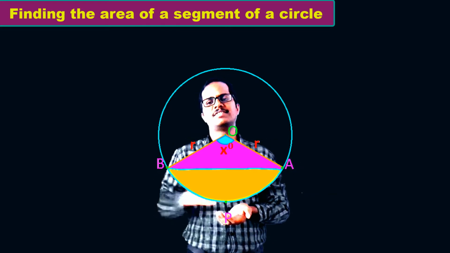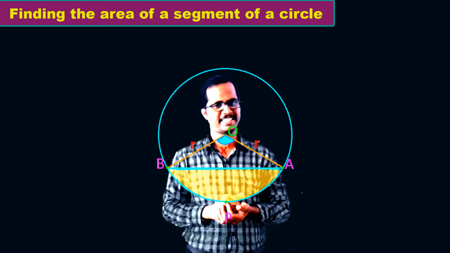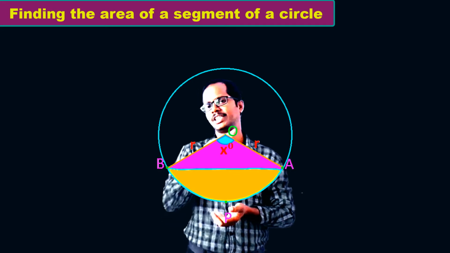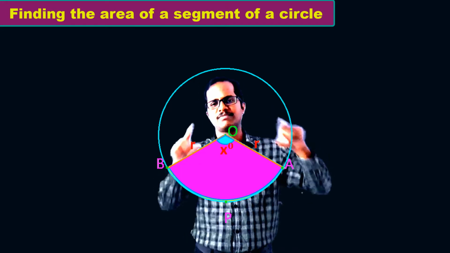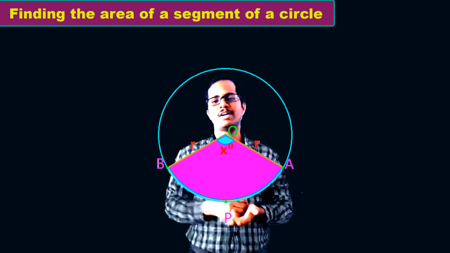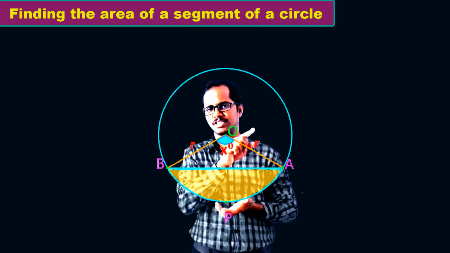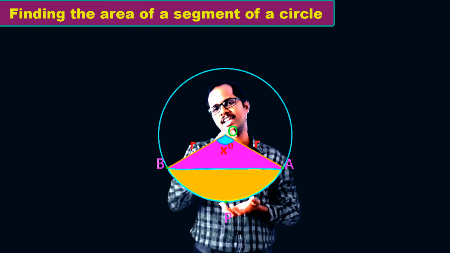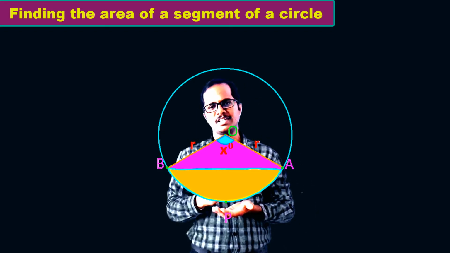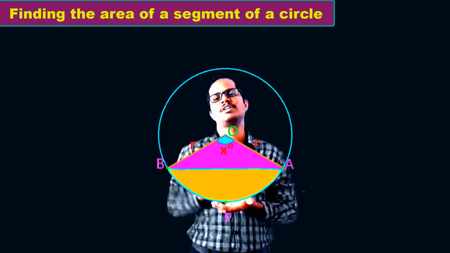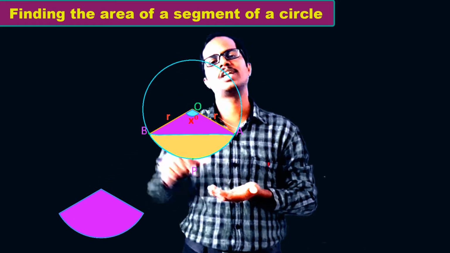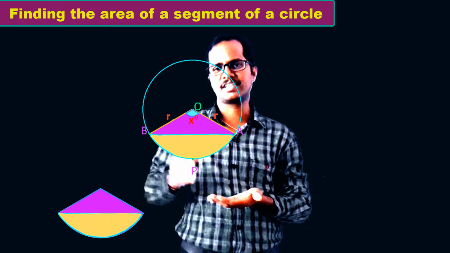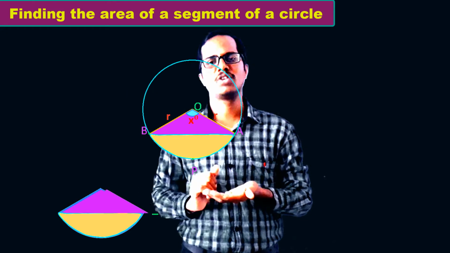Now we can find the area of this sector since we have the sector angle, that is x degrees, and also the radius of the sector, that is r units. Using these two, we can find the area of the sector OAPB. But we need to find the area of the segment of the circle, that is APB. So how can we get the area of APB from this sector? We already know the area of the sector OAPB. From the area of the sector, if we remove the area of the triangle OAB, then we can find the area of APB.